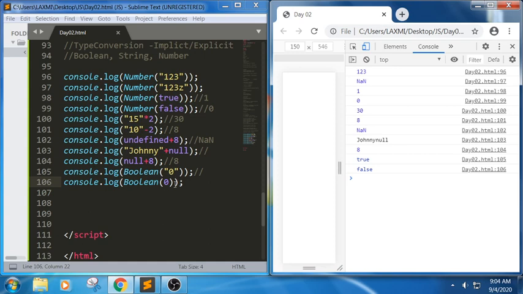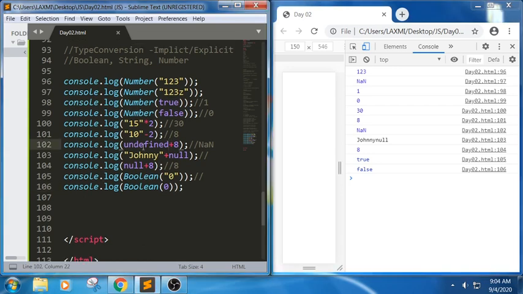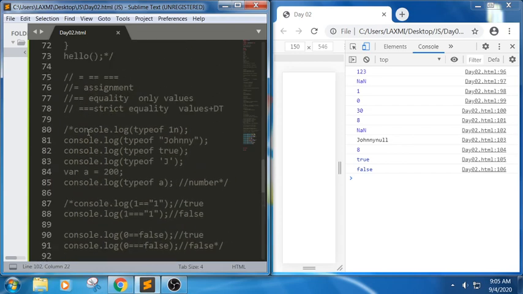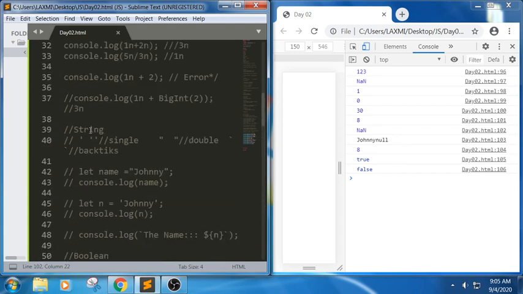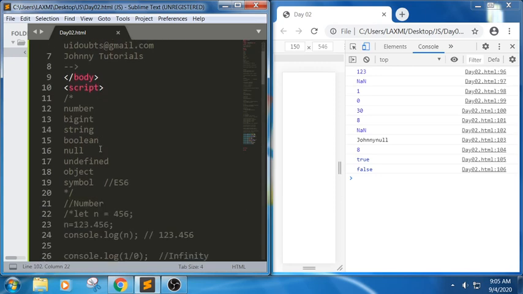So these are the basic values which we have discussed in type conversions, in the sense implicit and explicit type conversions. If you find any examples or any statements also, you can comment below this video. We will try to discuss them in further sessions also. So in our sessions we have discussed number, BigInt, string, boolean, null, undefined, object, and symbol, which we will try to discuss in the ES6 part.